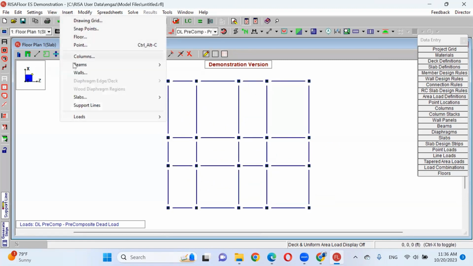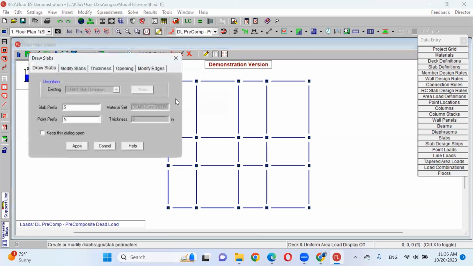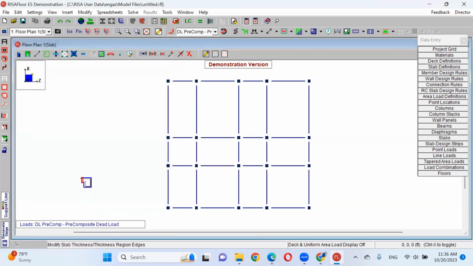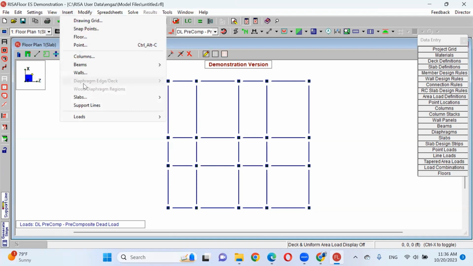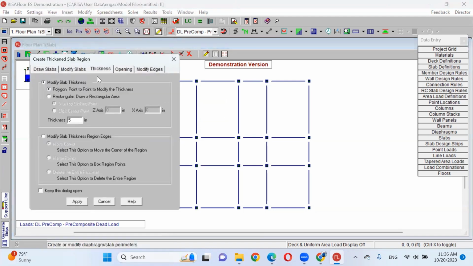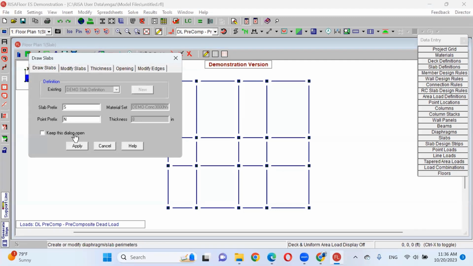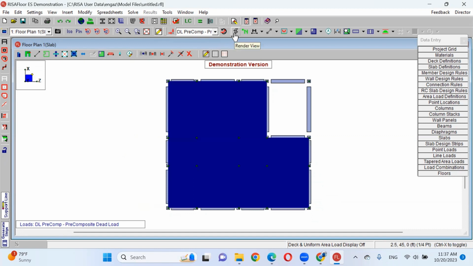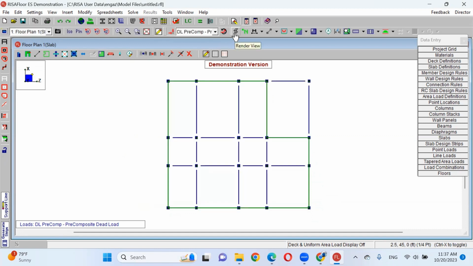The last step, insert slabs. I'm gonna assume the thickness of this slab is 5 inch. Apply or insert slabs. Your thickness is 5. Okay. Draw slabs. I will apply for draw slabs. Then I will click at each corner. In this area, we have stairs, so I will not click there. And there is a start point. Then I can show up the slab. Keep in your mind, assume this floor plan is for an office building.